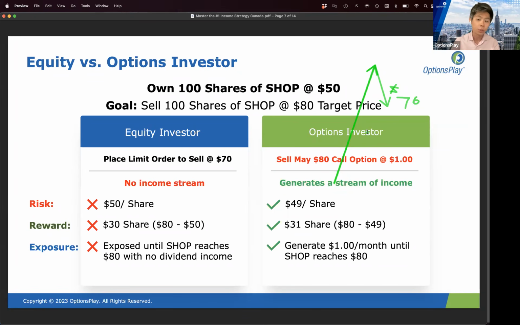Now, the options markets are pretty good at listing a lot of different strike prices, especially for liquid symbols. But if you're trading something that's not very liquid, you may have strike prices that are pretty far apart. So you might have a strike price at 30 and the next strike's at 35, and those are your only choices. You can't say I want to sell my stock at 32 if the only strike prices you have are 30 and 35. So those are some of the limitations with covered calls that make it not an exact direct comparison to placing a limit order.